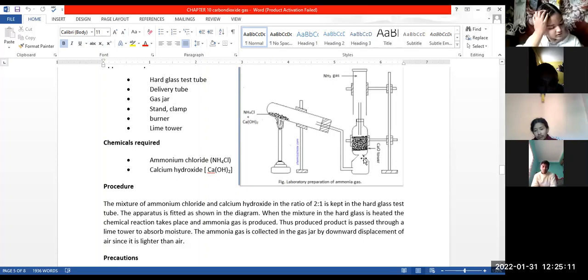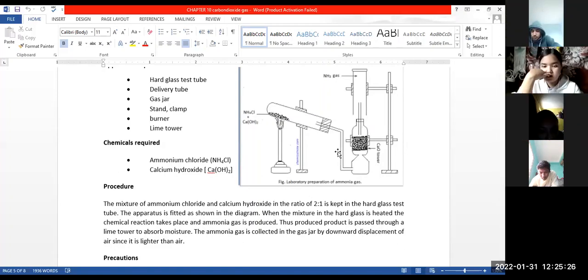अब मैले सोध्छु कसैलाई, यो हार्ड ग्लास टेस्ट ट्युब बाट बाहिर निस्केको डेलिभरी ट्युबमा श्रिया राणा, which chemicals are passed through delivery tube? Water vapor and ammonia gas. Very good. Water vapor पनि सँगसँगै आएको छ है, बुझ्नुस्।